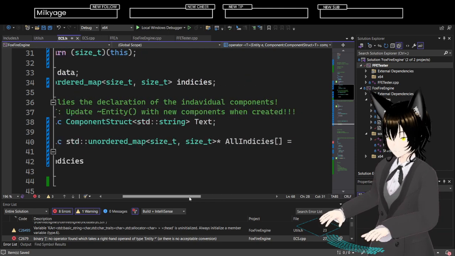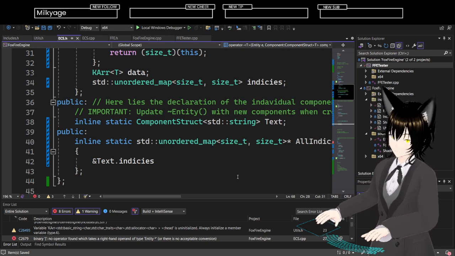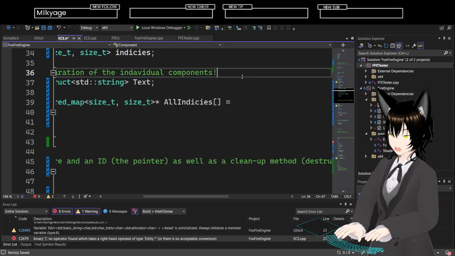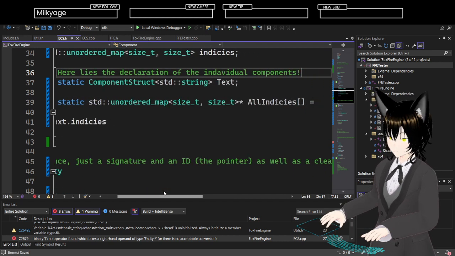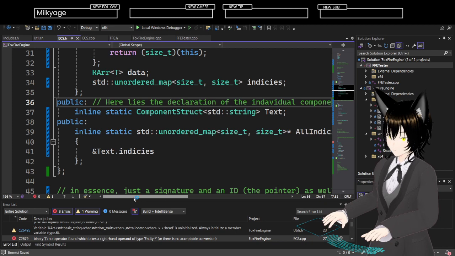I think it should be fine. This is still a little bit more manual cleanup than I would like.